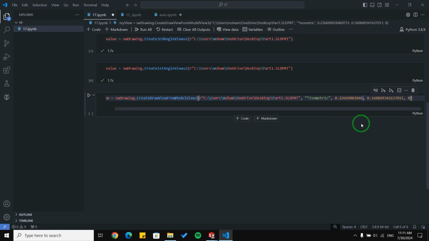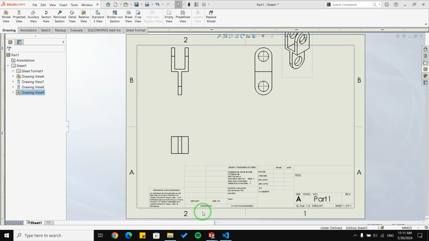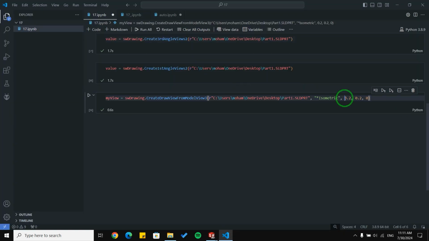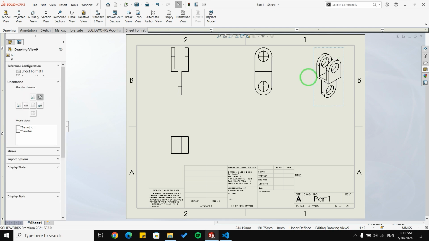For example, just 2. Or even here 0.2 meters, I think is fine. Let me run this block of code, and here you can see I'm able to add a new isometric view. You can play with these two locations to place the drawing where it is proper or perfect for you.